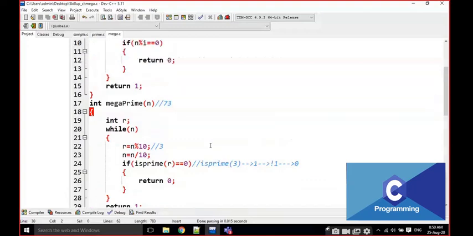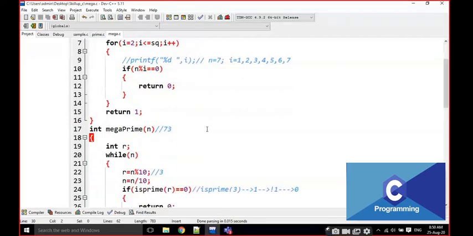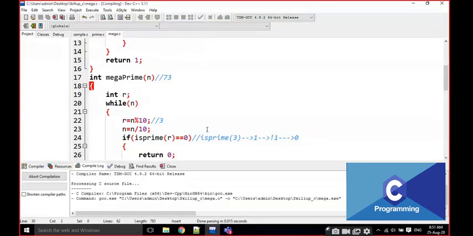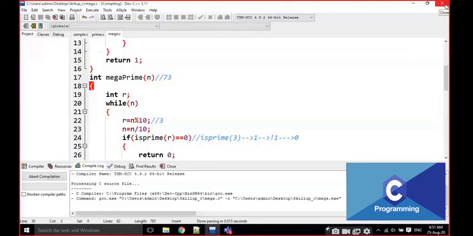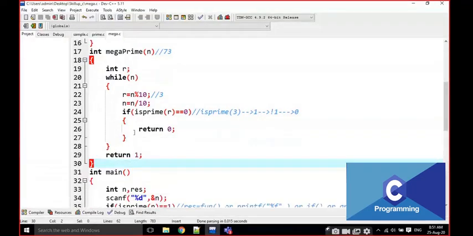Just take one number and do it manually. First of all, do it manually. Take some paper and pen and note down all the code and take one number. Take, for example, some number that is a prime only, some that is not a prime, and one mega prime number. For example, take 87. 87 is not a prime. Okay, some 89. For example, 89 is prime.